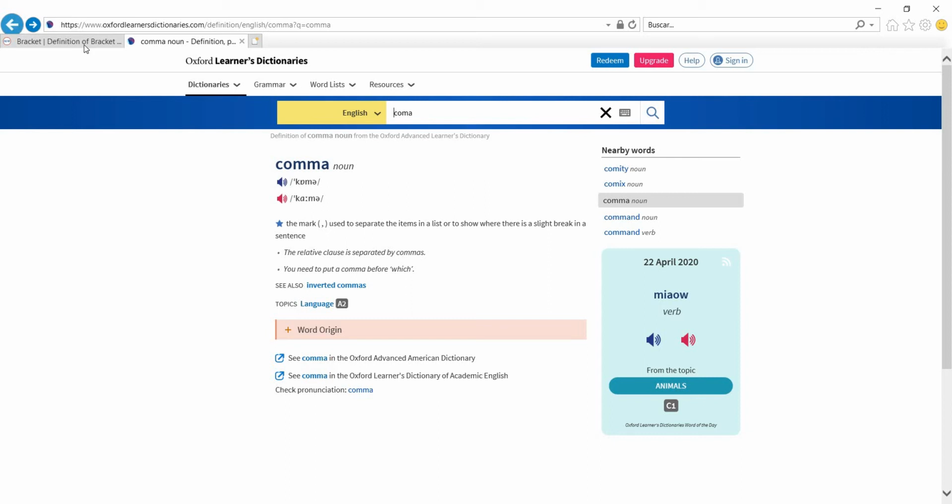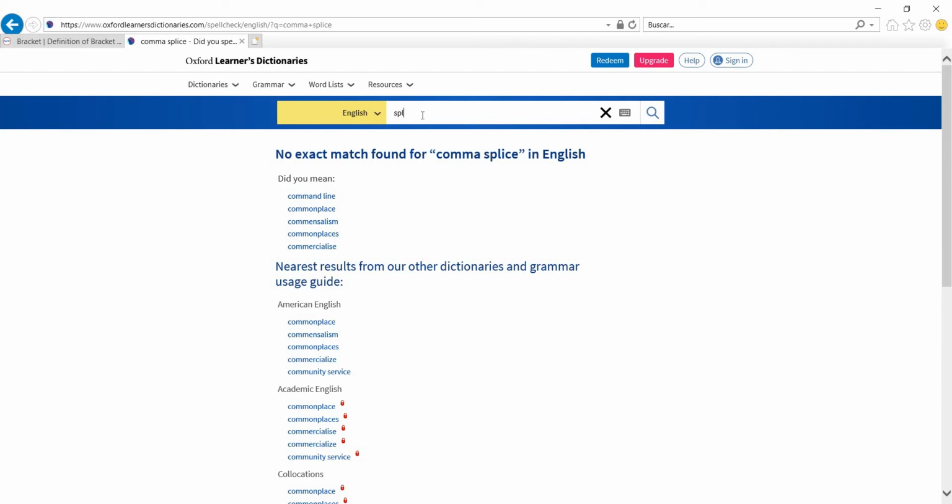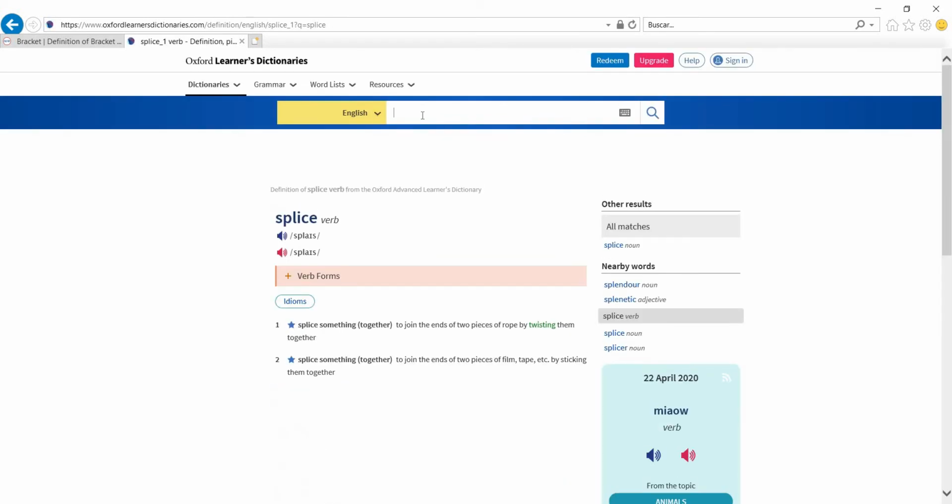I would like to refer you to something that is known as the comma splice, right? Which is when you use a comma to join two sentences, right? In the example we had here,